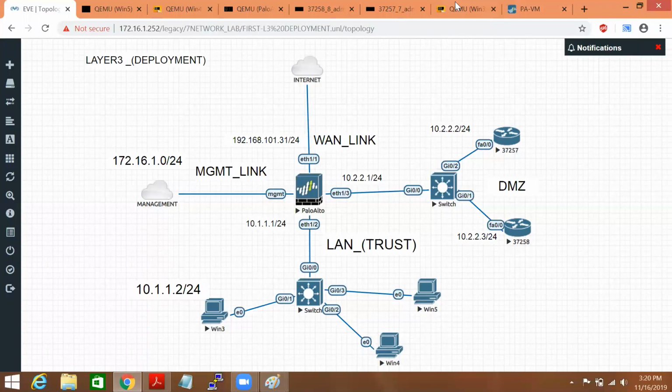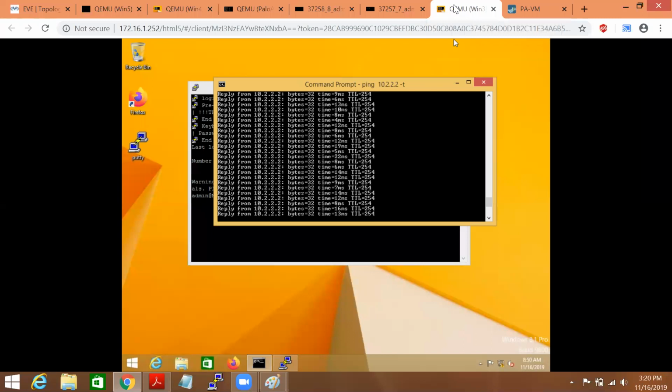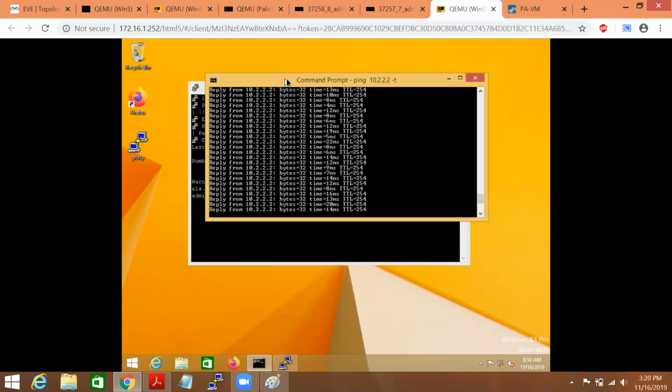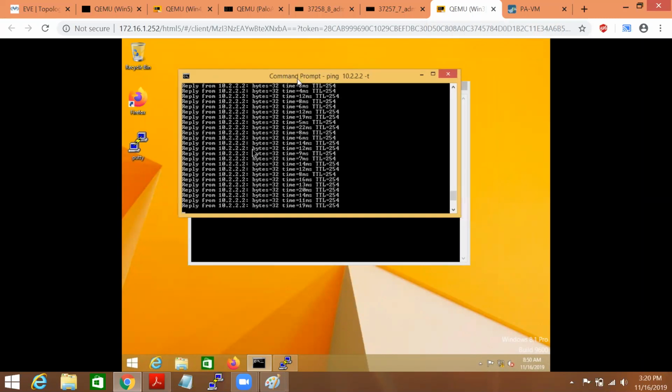So why is it allowed? Because the firewall maintains a state table for return traffic. Yes, it should allow, sir, because in the session table the return entry is there, so everything just gets allowed once we create a rule. That is the answer I was expecting, since we are doing stateful packet filtering for the return traffic. You have to understand it in this manner. That's why I'm making it very easy to understand.